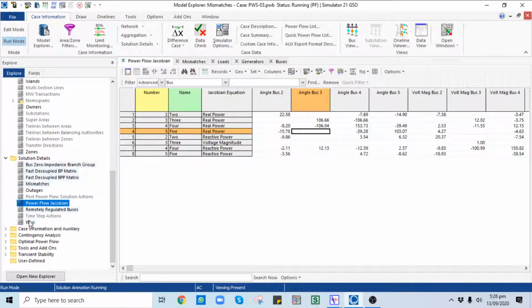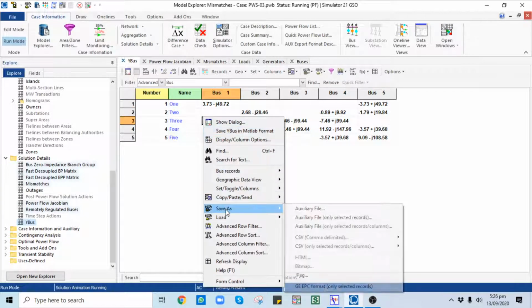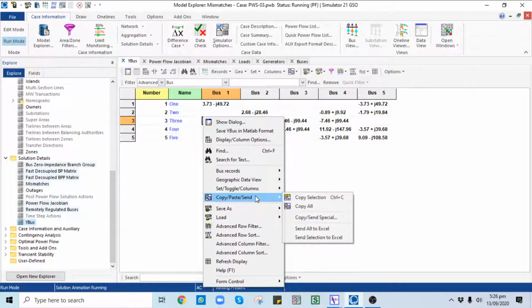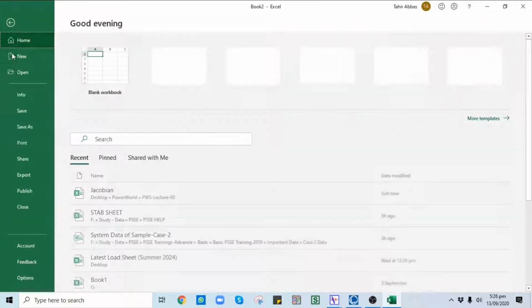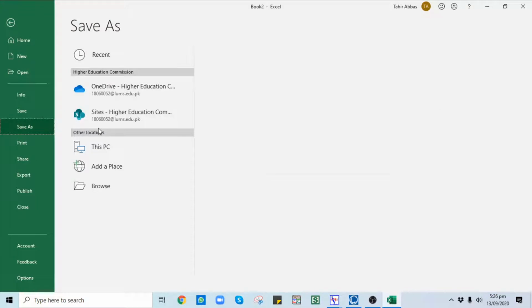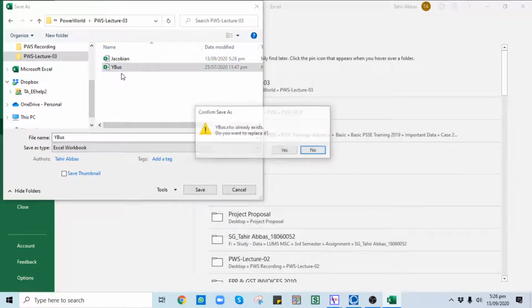And also you can import the Y-bus from this method, because the Y-bus you can get before the solution is performed. So simply click on the Y-bus network, click on copy paste and send all to Excel, and save your Y-bus in your folder.